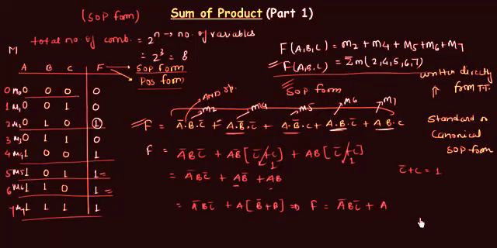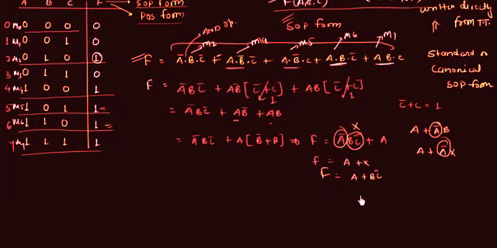Now let's see what we can do. If you remember the distributive law, I told you if you have this case A or A complement B, just neglect A complement. In the same way, if I say B and C complement is X, then I have A or A complement X. I can neglect this A complement. So I will neglect this A complement and I will have A or X. X is equal to BC complement. So A or BC complement. This is the final minimized result of this function that we obtained from the truth table, and both these expressions will give us the same truth table. It is better to use this one because it will use fewer gates.